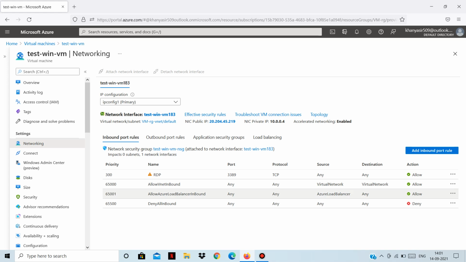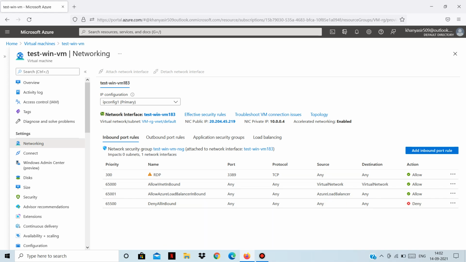We don't have any HTTP rule because by default all the inbound traffic will be denied by this rule. So we need to add another rule with a lower number, which means it has higher priority, so that it can take over this rule. By default all the traffic is denied, but we had a rule which allows us to RDP into our virtual machine. So that's why we were able to connect to the virtual machine despite having this rule in place here.